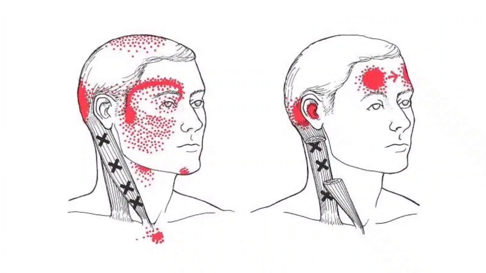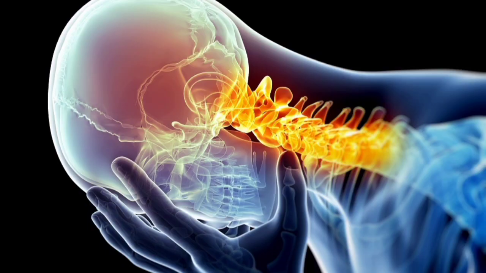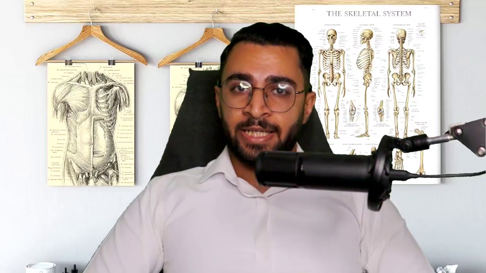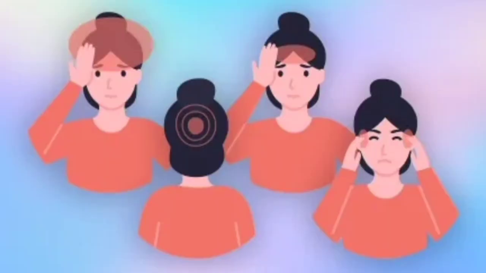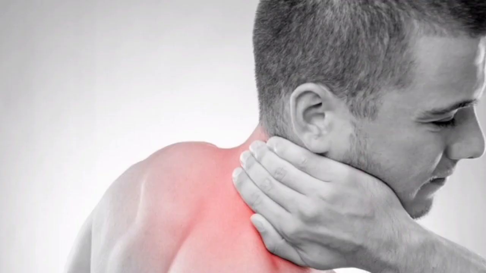in cervicogenic headaches. Cervicogenic headache, also called muscle spasm headache, presents as a pain that originates in the neck. Cervicogenic headaches can mimic migraines, so it may be difficult to distinguish a cervicogenic headache from a migraine. The primary difference is that a migraine headache is rooted in the brain and a cervicogenic headache is rooted in the cervical spine or base of the skull region.